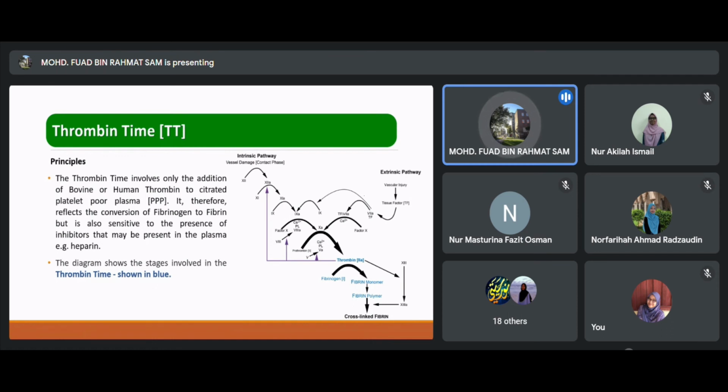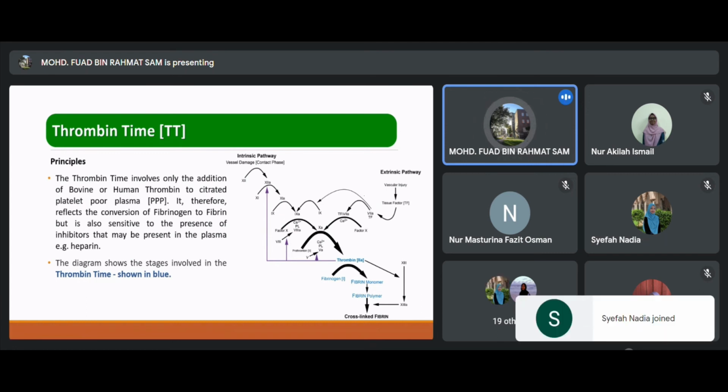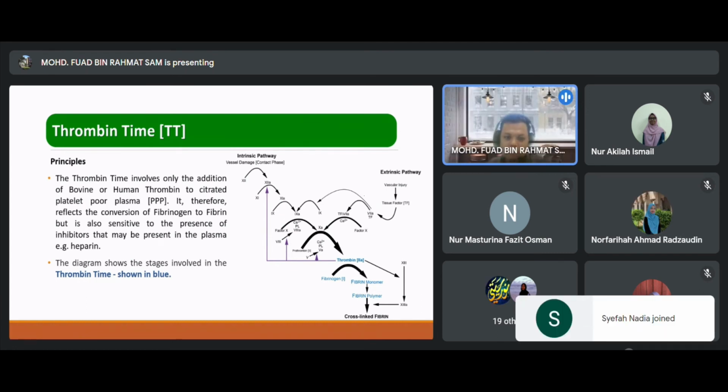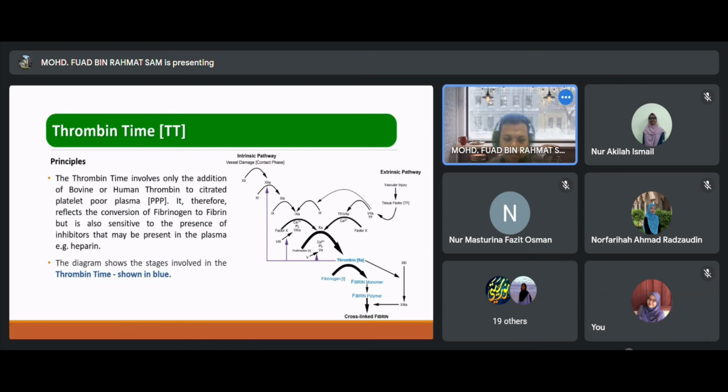Alright, so now we go to the thrombin time. So in principle, basically the thrombin time measures how well fibrinogen is working. So abnormal results may be due to an inherited fibrinogen disorder, or maybe liver disease, or maybe some cancers and medications that affect the clotting. So obviously dalam thrombin time,